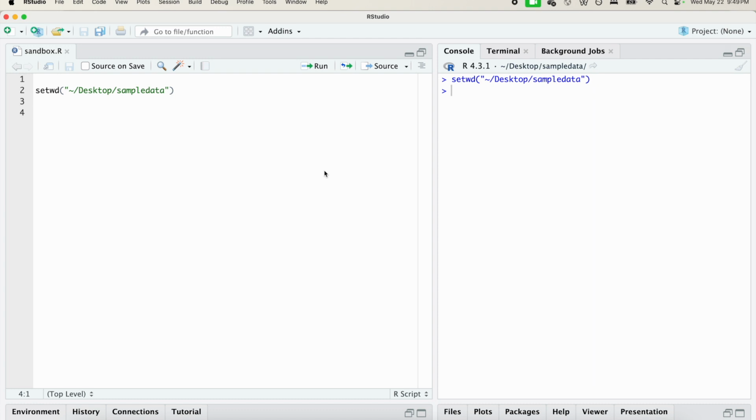Everyone, in this video I'm going to show you how to create a GIF or an animation using your raster